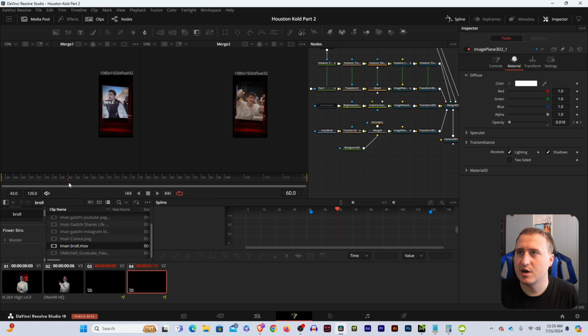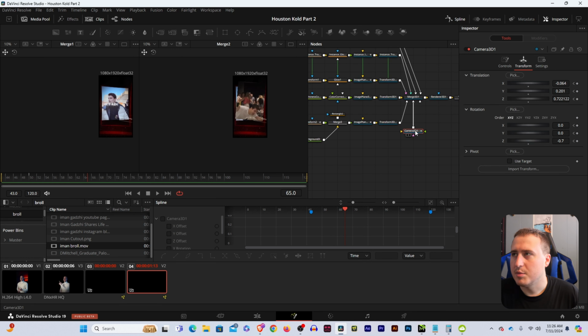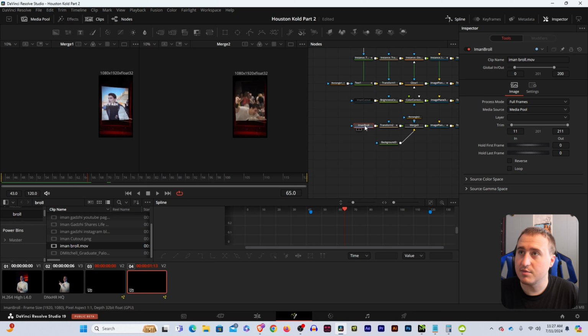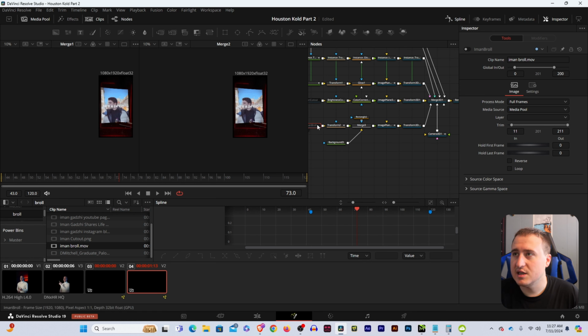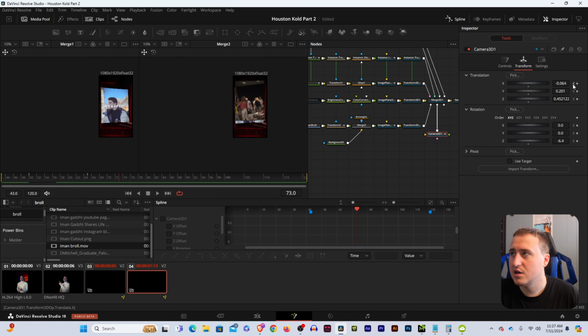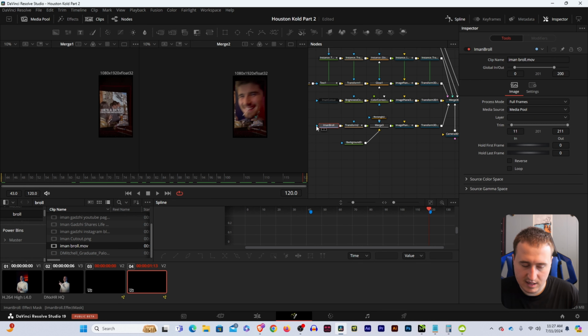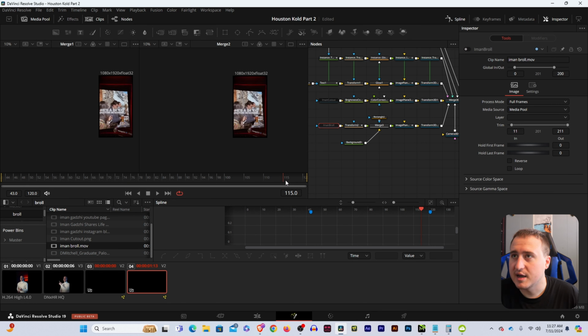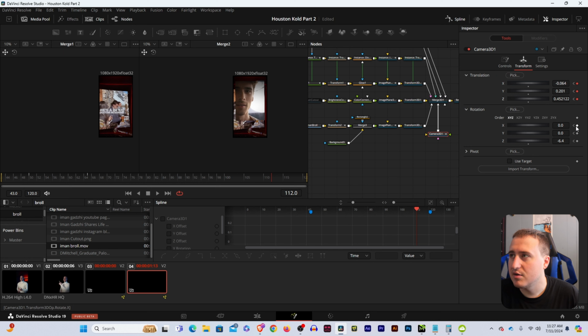Text should be coming off the screen, and now we'll just adjust the camera angle. So I'll come back into the camera and I'll zoom in a little bit more, and I'll just twist this guy because he starts to twist to this side. And let me disable this clip for a sec. All right, so there's basically a slow zoom in till the end. So we'll go ahead and create some sort of slow zoom, not quite to the end because it starts coming back out. And now we'll just keyframe everything again,